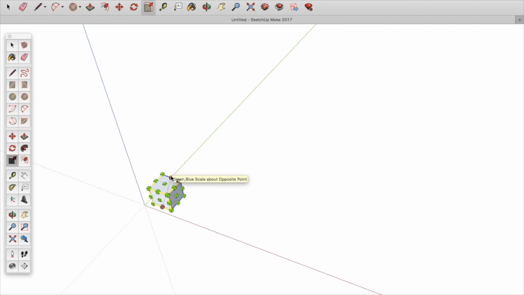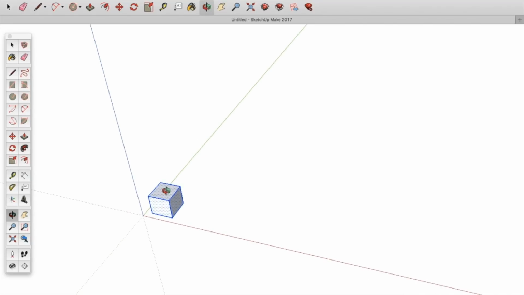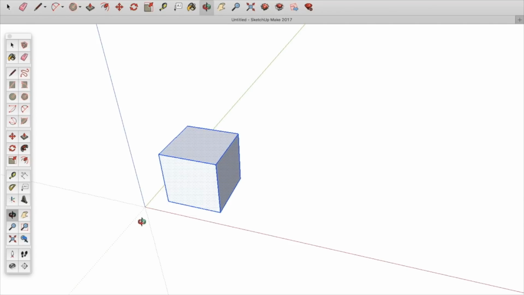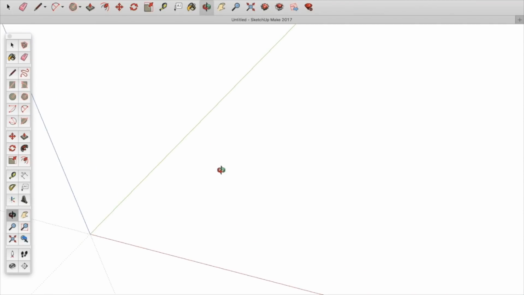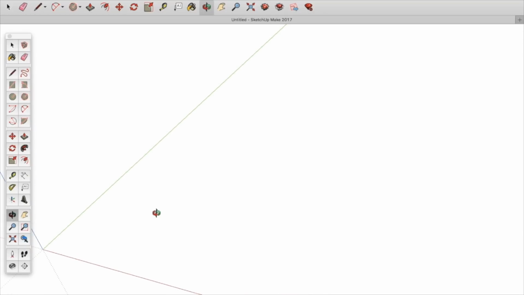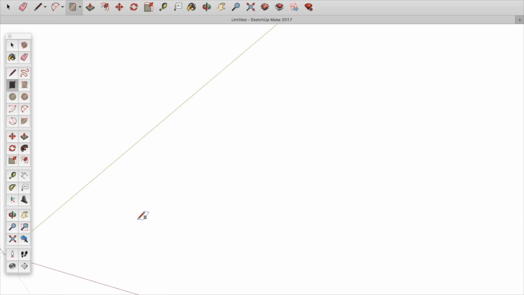Okay, so let's just get rid of that, and as I said, maybe try and show you how to use SketchUp to draw something a little bit more interesting. We're going to do a coffee table just because it's easy, and hopefully it will give you an idea of kind of the way that you can use this to build these kind of models really quite quickly. So we'll start with our rectangle tool,